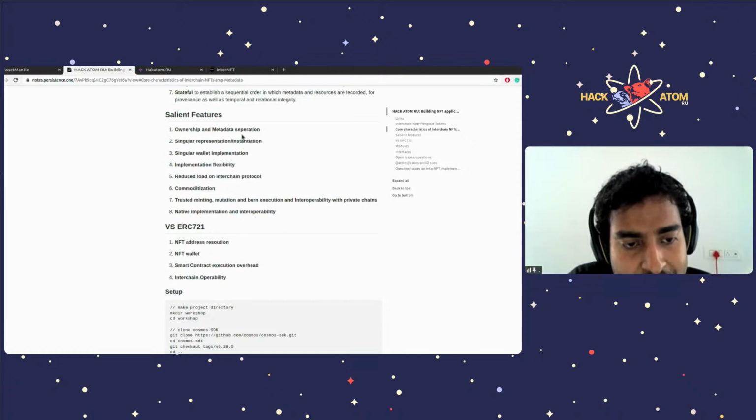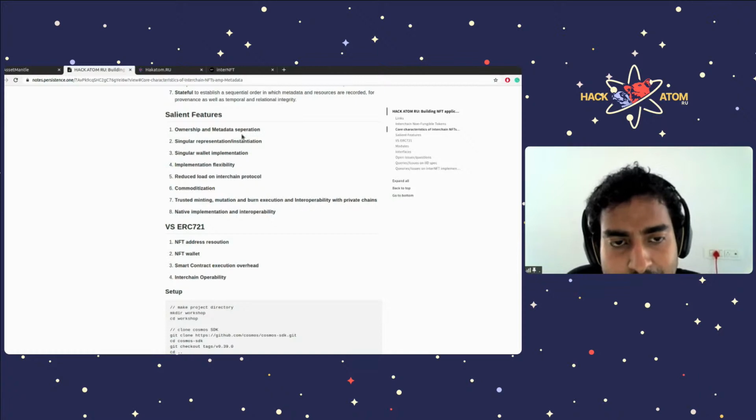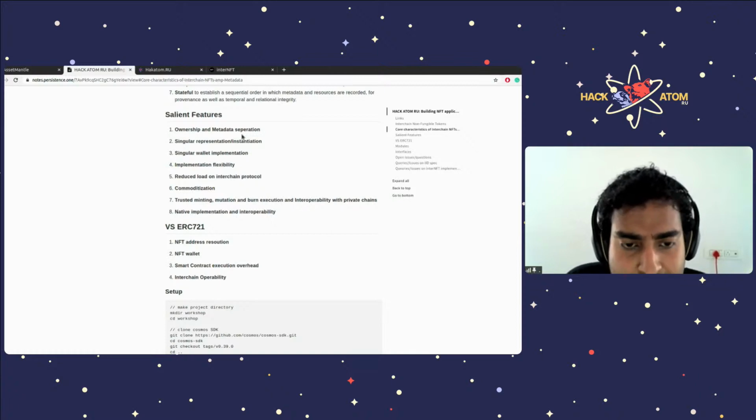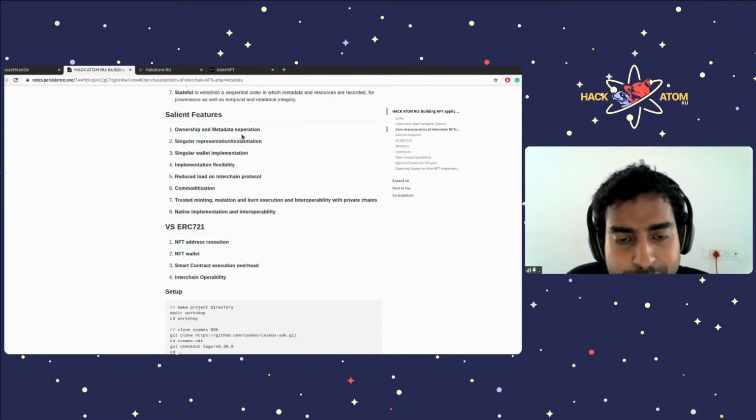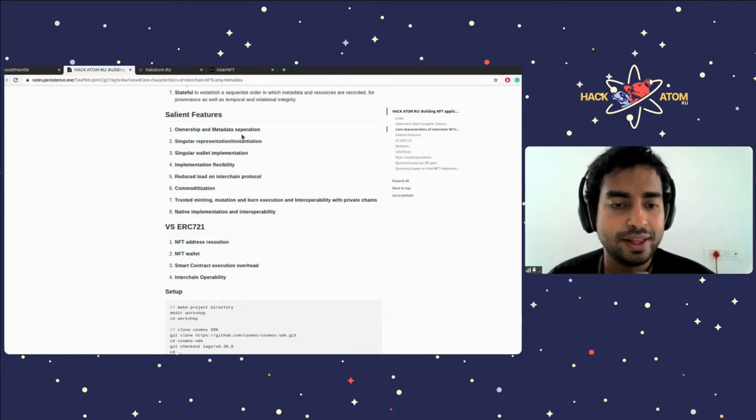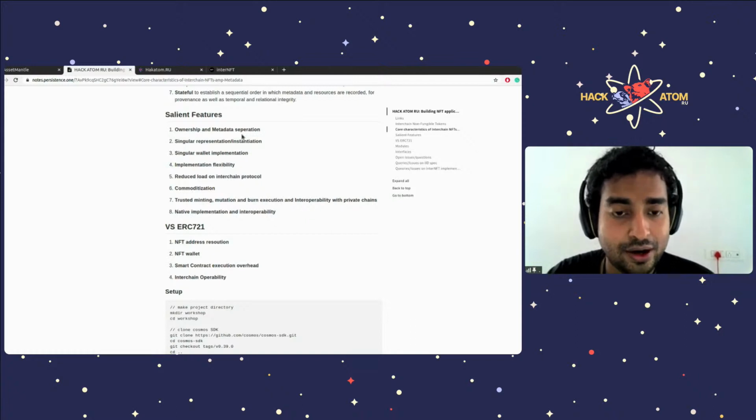This leads to point 5. I'll jump to point 5, which says reduce load on interchain protocol. Since these ownership and metadata structures are separated out, even if the ownership representation is transferred to another chain, it does not imply that the whole metadata of this NFT will have to be transferred along with it, which drastically reduces the size of the transaction and the load on the chain, on the interchain protocol, as well as